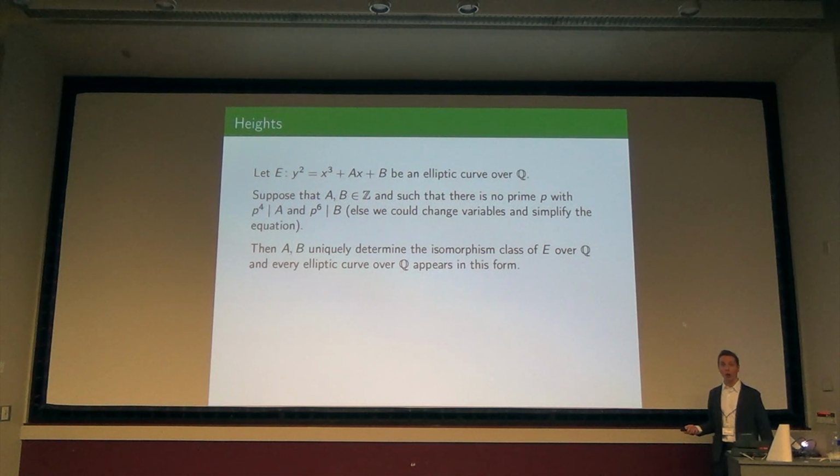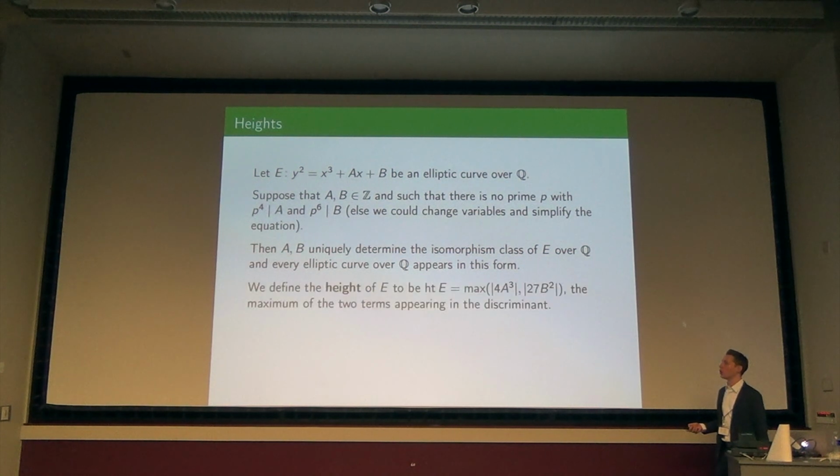So in other words, to loop over all elliptic curves up to isomorphism, I just have to ensure this condition holds on the coefficients a and b. And once I have that, it's natural to measure the height. So I have some integers a and b, and I could just take the maximum of those. There's a certain weighting that is evident from the x and y. They are playing exactly the same role. So we define the height of E to be the maximum of 4a cubed and 27b squared. These are the two terms that appear in the discriminant. So I'm just taking the maximum of those two. So that's a natural measure of the size of the equation that includes the weighting.